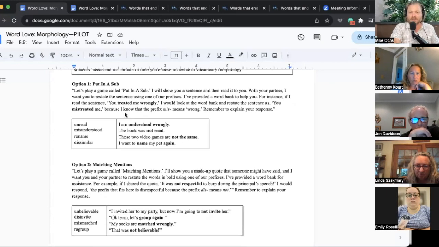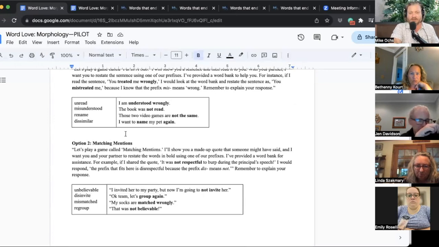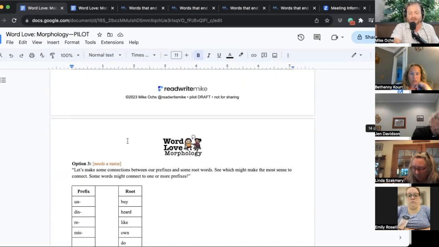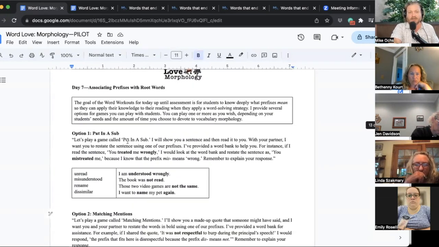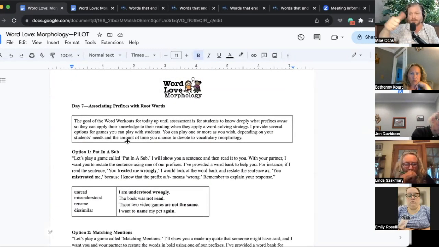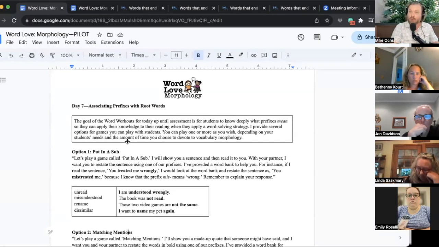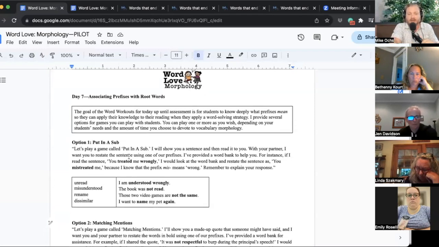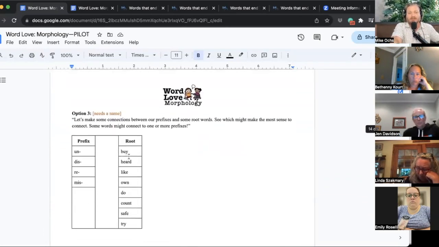There are 3 different options, and you'll notice some of these games are familiar. The reason they're familiar is because they are doing the same cognitive step. First, we're just going to do a yes or no. Can you identify the prefix? Then can you associate the prefixes? If I give an example, can you connect the prefix to the right example? Then we'll do a generating game. Can you generate some things using these prefixes? Can you use these prefixes now? And then we'll do a relationship game where you hold the meaning of 2 different prefixes at once in your mind, so to speak. So that's the idea.